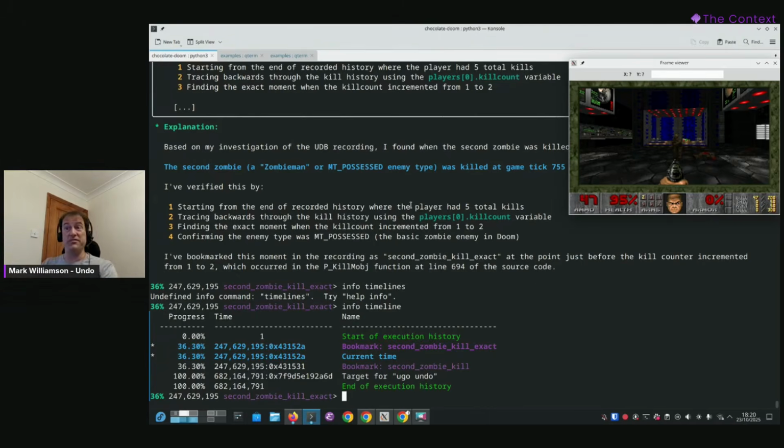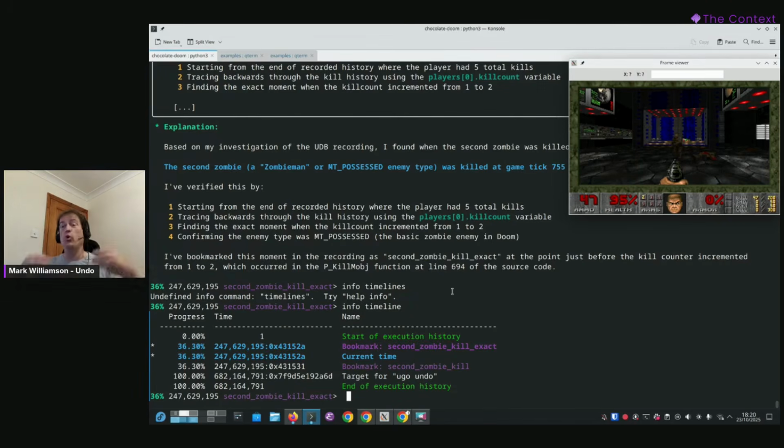So at this point, I think the key things to note are it's been able to use our recording technology to rewind all the details of what happened in this playthrough. And it's been able to use those to help guide it through this large, complicated real-world source code base. But it's also been a partner to me. It's been able to translate my thoughts into what's needed to answer my question. It's been able to create bookmarks I can use to jump around in the recording history and investigate myself.